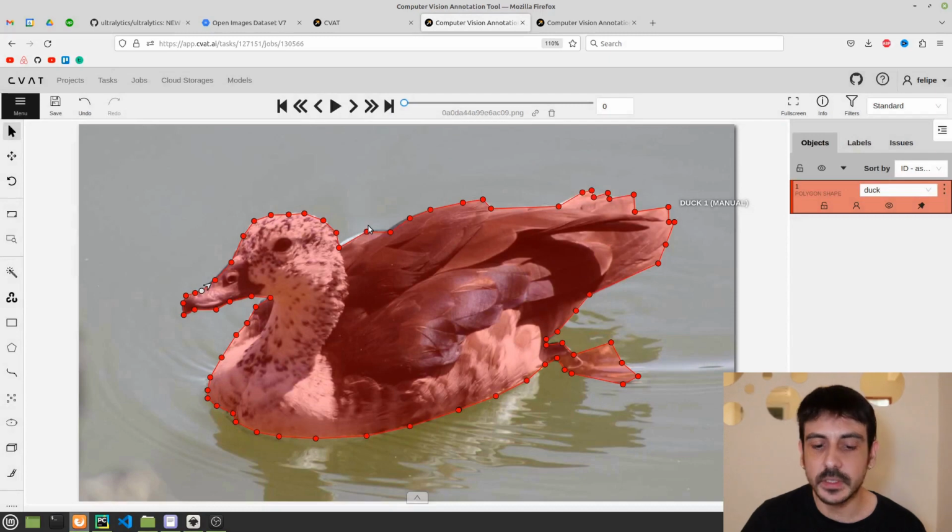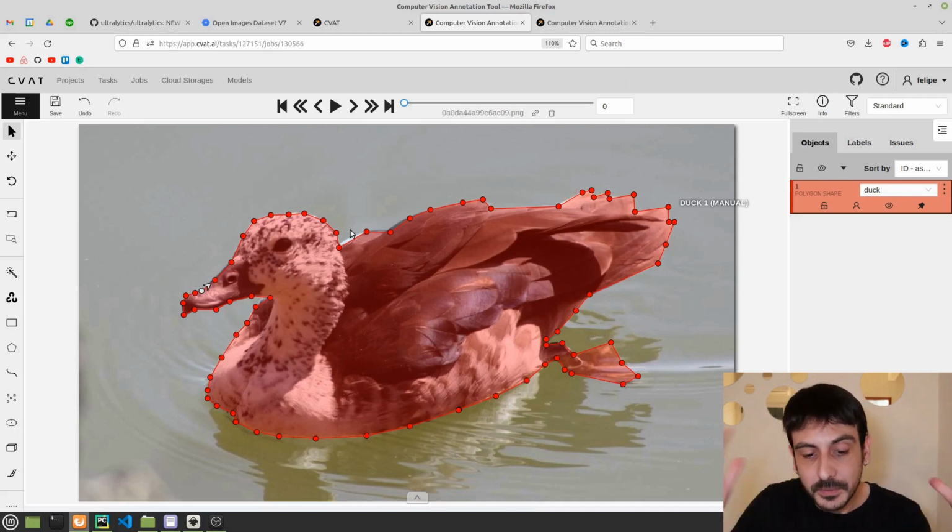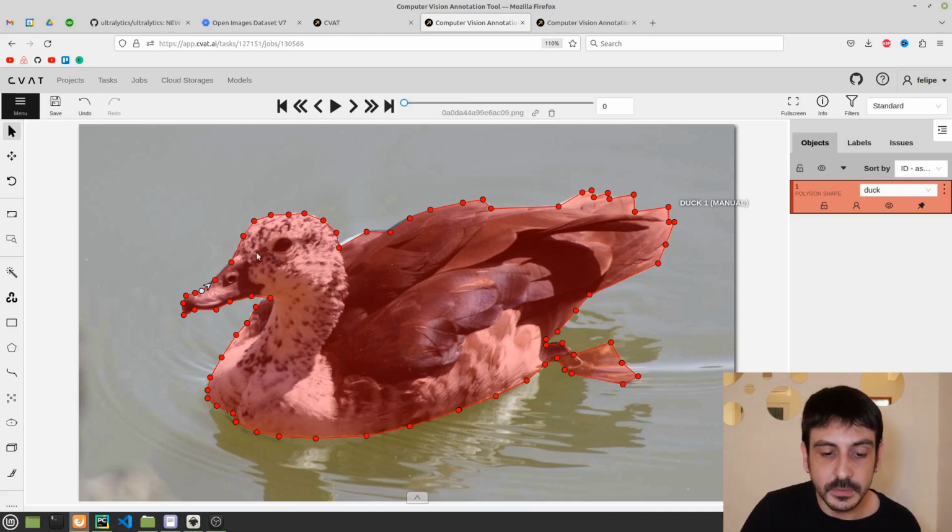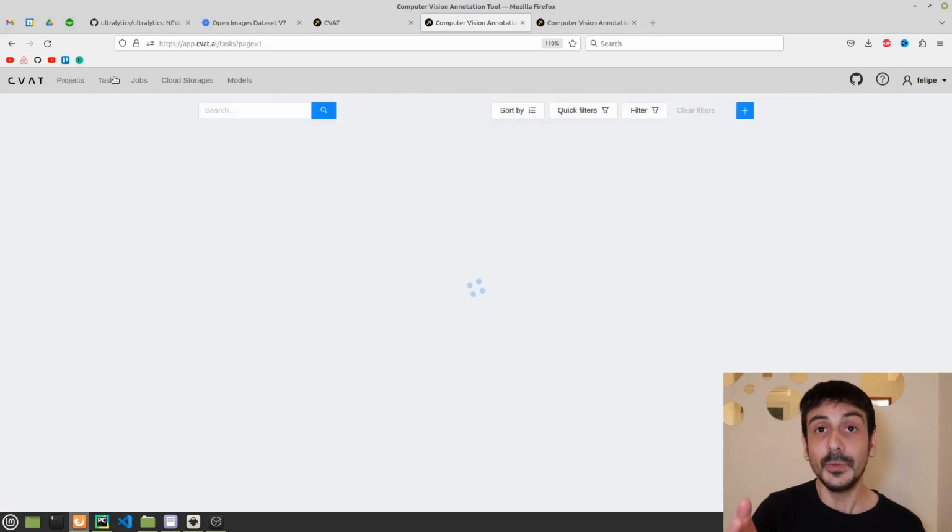You can see that this is definitely not a perfect mask. This is not a pixel-wise perfect mask, because there are some parts of this duck which are not within the mask, but it doesn't matter. Make it as perfect as possible, but if it's not 100% perfect, it's not the end of the world, nothing happens. So I have already saved this image, and what I need to do now is to download this data